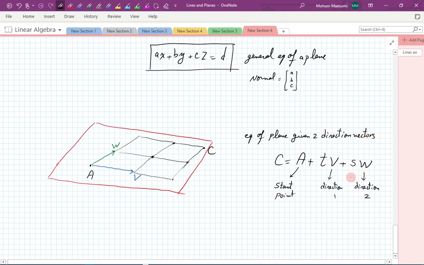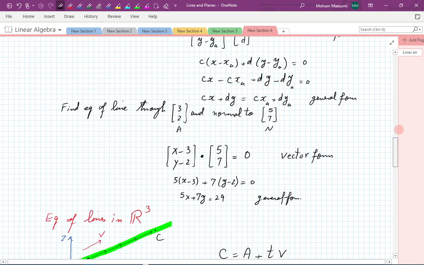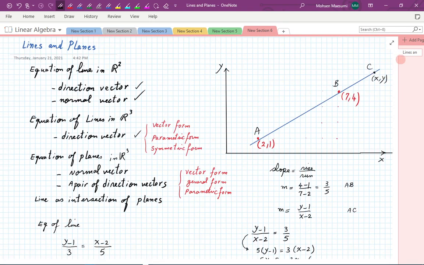I'm going to leave it to you to figure out how you go from this one to that one. So let me leave that as a little challenge for you guys to work on. Okay, so we talked about the equation of planes in R3, two different forms of it, normal vector, and